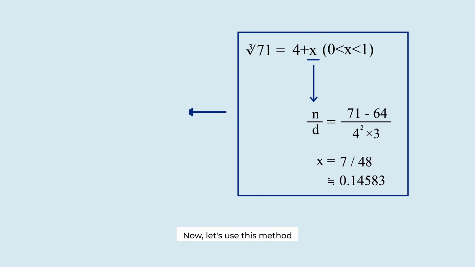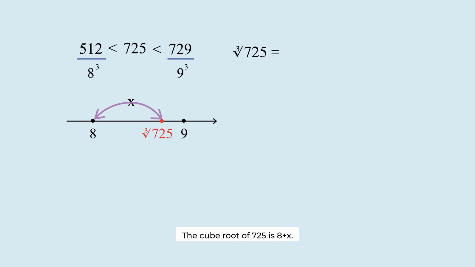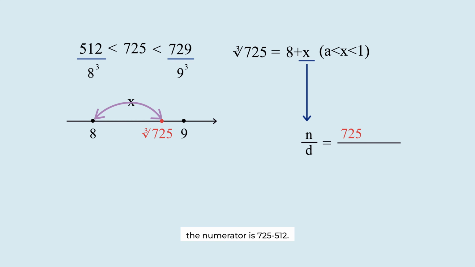Now, let's use this method to find the cube root of 725. Will it work well? 725 is between 512 and 729. It's between 8 cubed and 9 cubed. The cube root of 725 is 8 plus x. Let's calculate the fraction for the approximation of x. The numerator is 725 minus 512. The denominator is 8 squared multiplied by 3. X is approximately